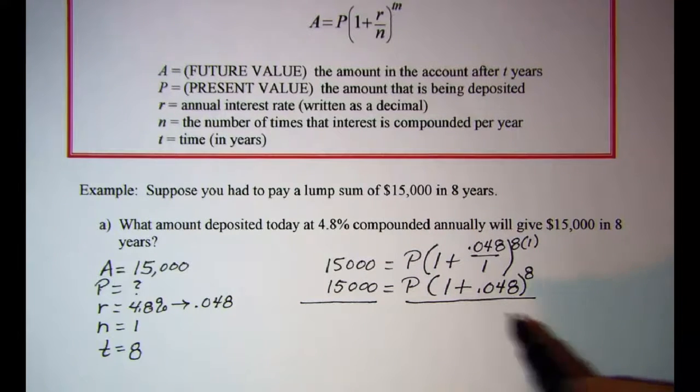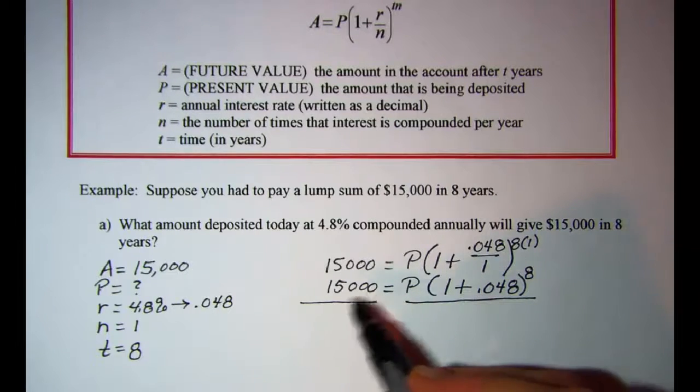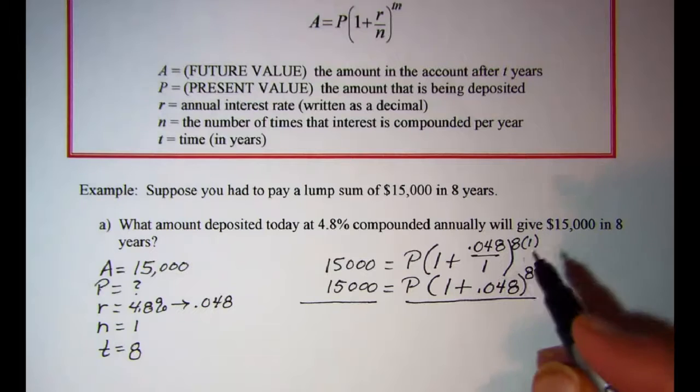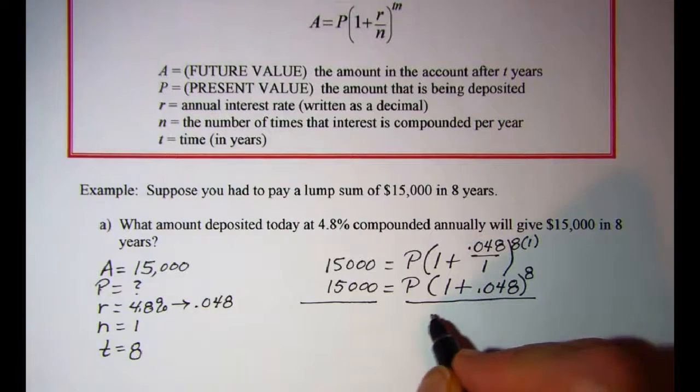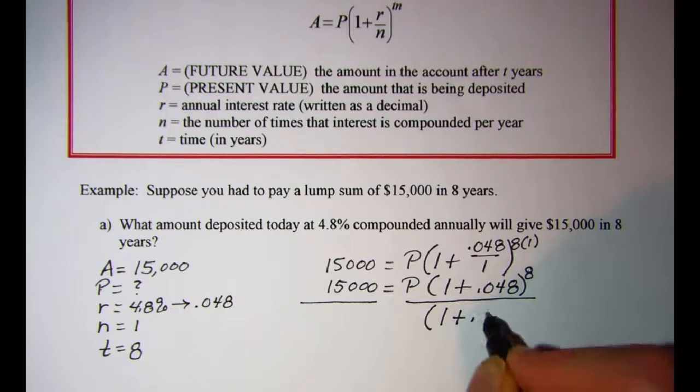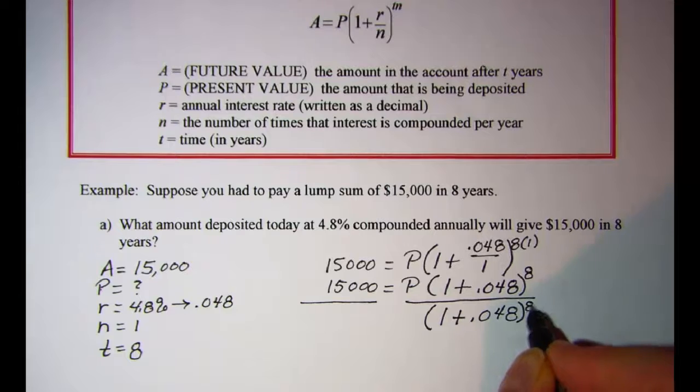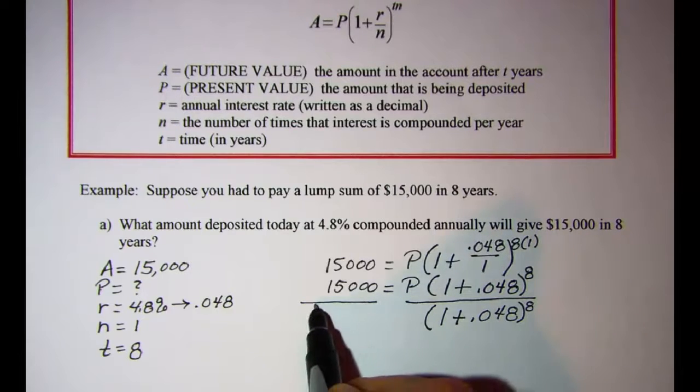And I'm going to go ahead and write that right now, because I would like to do this math totally on the calculator in one step. So let's just divide by 1 plus 0.048 raised to the 8th power,